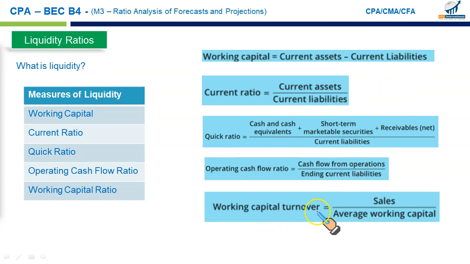Then we have working capital turnover, that is sales divided by the average working capital. If this ratio is higher, when we put in some expected numbers for the future, so higher working capital turnover is better for the business. That means we have higher projected net sales in the future, and it will cause this ratio to go up. If you expect the sales to go up, we can expect the working capital turnover to be higher. If this ratio is lower, that means the company's working capital amount is too low.